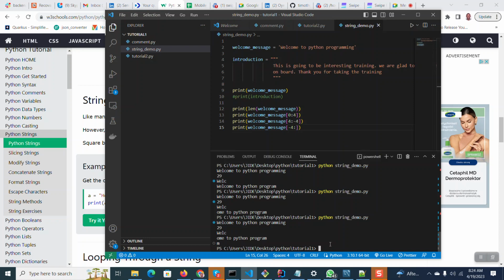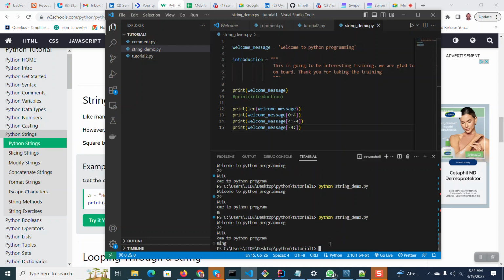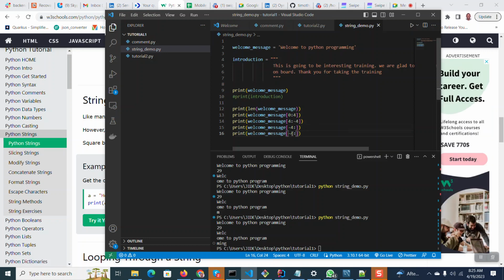But let's say here, can you see it? If you say -4, that is from -4, it will give you to the end. You understand? That means if you want to get the last four characters of a string. But if I want to get the last two characters of a string,